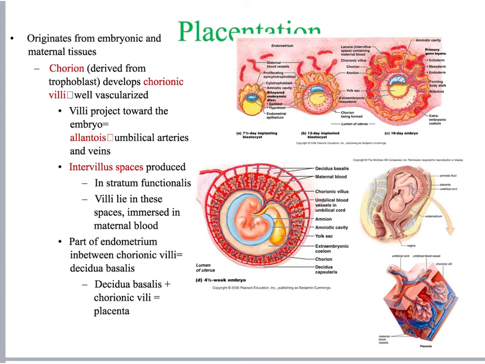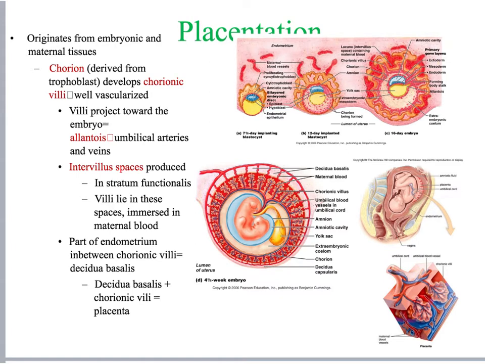Now let's talk about the process of creating a placenta. I will say that this is one of the most incredible things, that a woman can literally create this unbelievable organ that is an endocrine organ and a cardiovascular organ, and in most cases almost the size of a dinner plate, in 12 weeks or less. So a placenta is a combination of both embryonic and maternal tissues.